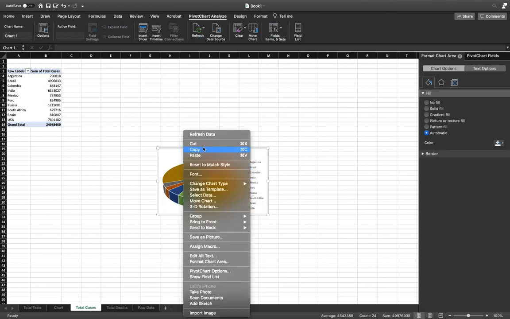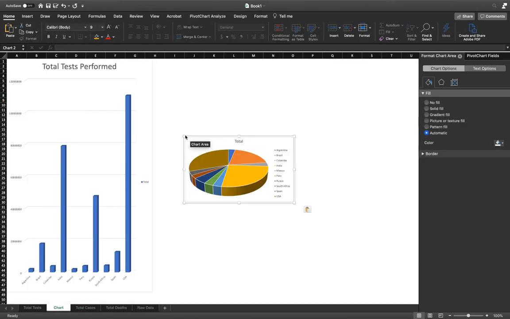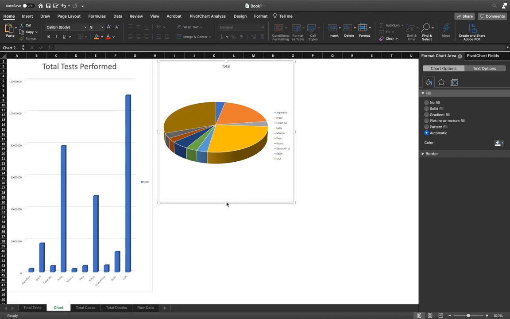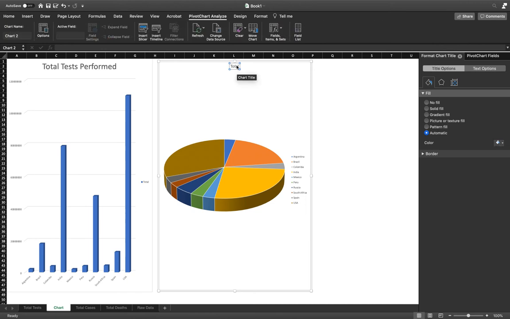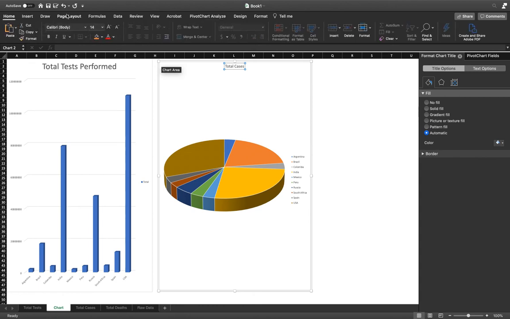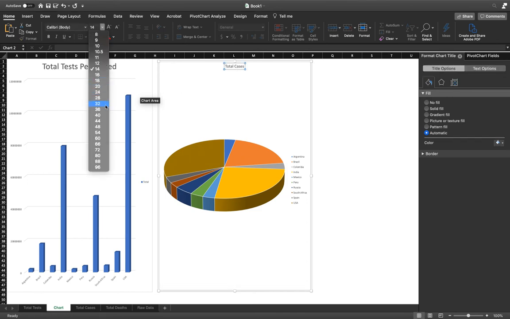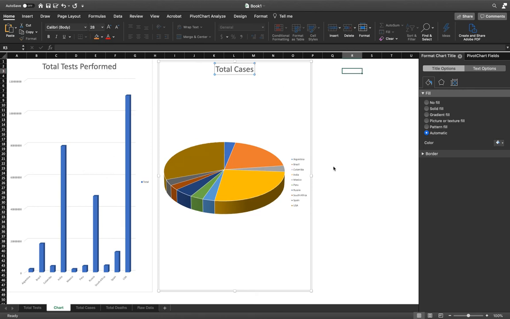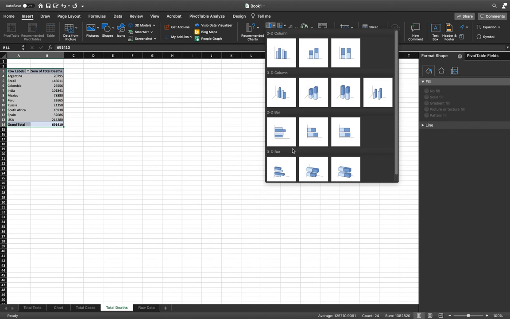Insert. I'm going to use a pie chart, cut, chart, paste, and make it a little bigger, and rename it total cases. Let's increase the size a little bit. And now for the last one,